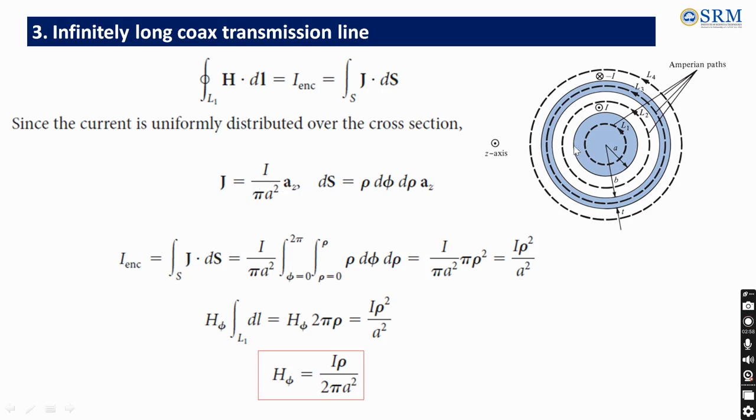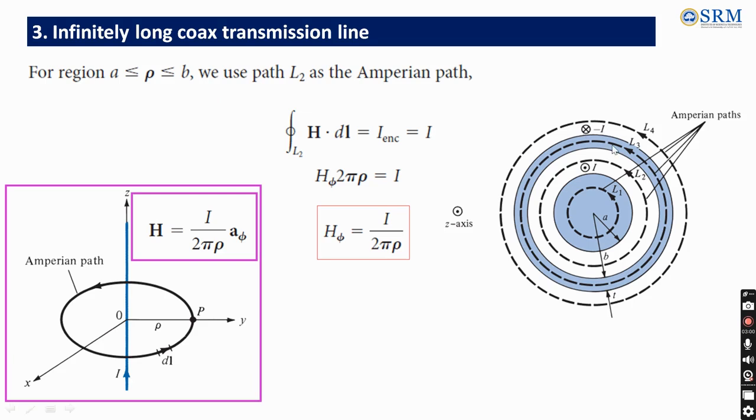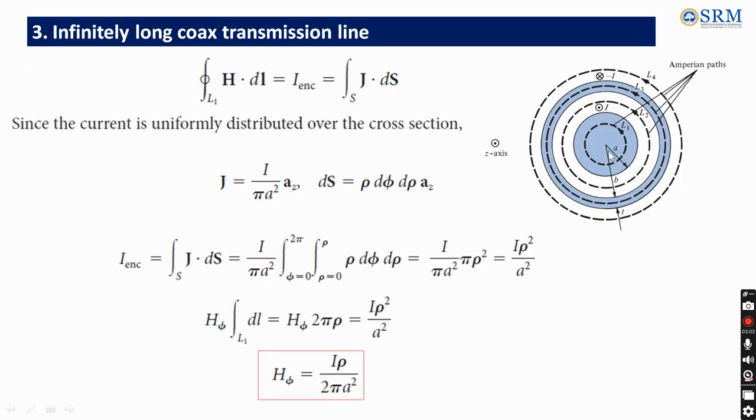What is the area of this portion? It's a circle, right? So it's pi r square. Our radius is A, so pi a square. How will I write the unit vector? It should be perpendicular to the surface, right? That is, Z is actually coming out, the axis, so it is along the a_z unit vector.